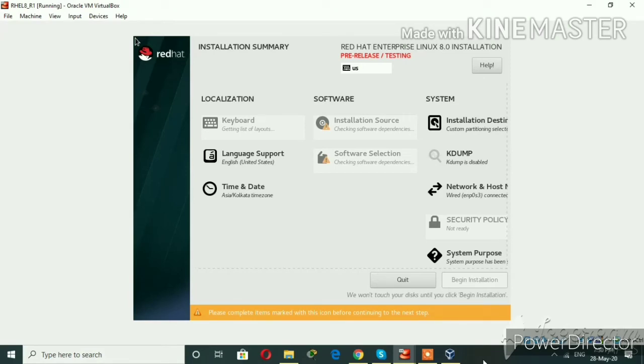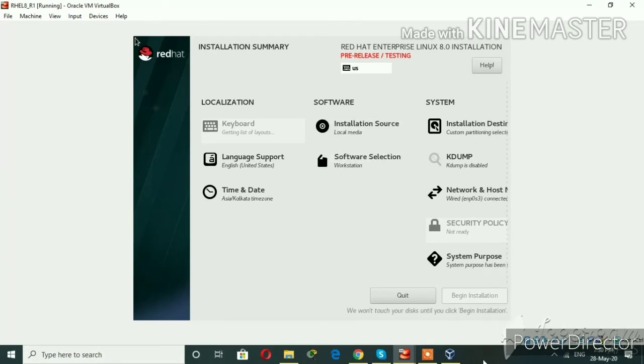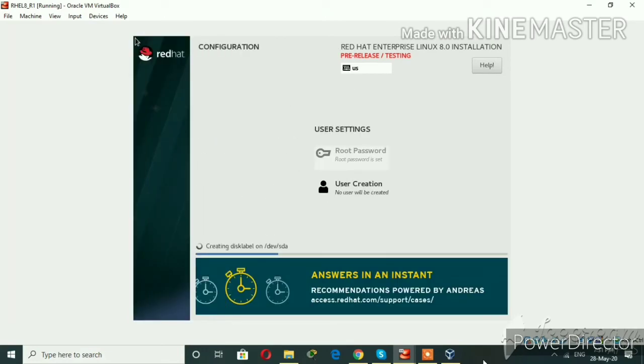You can see all the parameters: localization, keyboard, language support, date and time, software installation, installation source, software selection, installation destination, kdump, network, security policies. All the parameters it will install automatically. So here the process has started. The root password it will also take automatically, so it will take some time to install. You have to wait for some time.